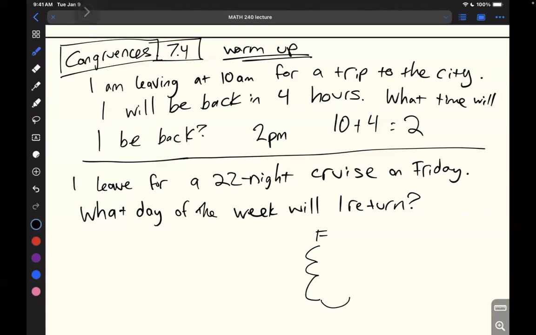So 3 weeks and 1 day. And so I will return on Saturday. And so this tells me, as a mathematician,